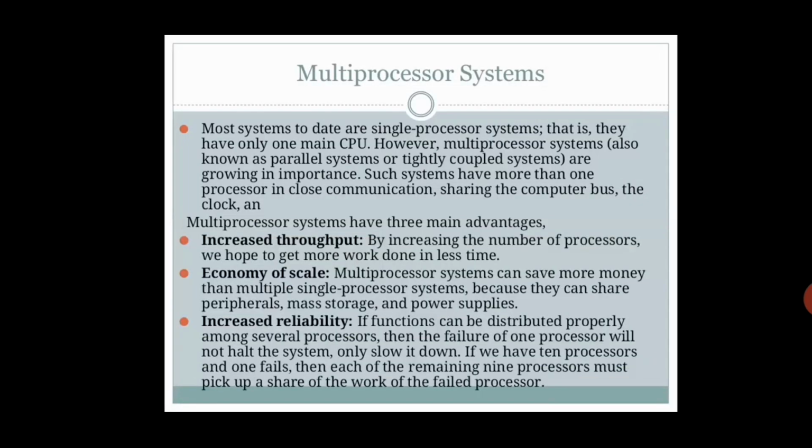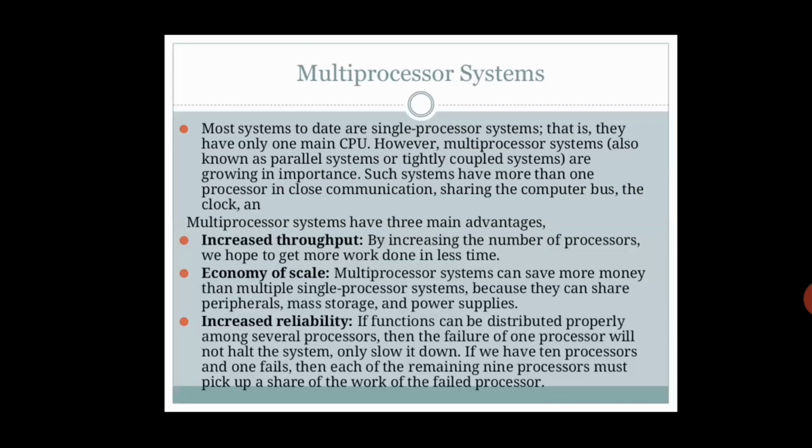So the next is nothing but multiprocessor systems. Okay, most systems to date are single processor systems, that is, they have only one main CPU. However, multiprocessor systems are growing in importance. Such systems have more than one processor in close communication, sharing the computer bus and the clock. So ultimately, see, the meaning is,